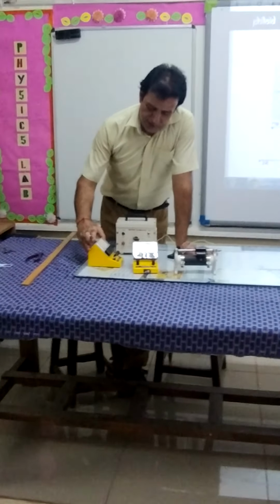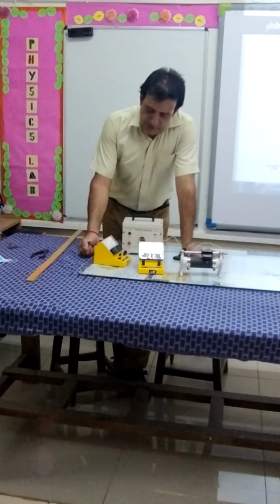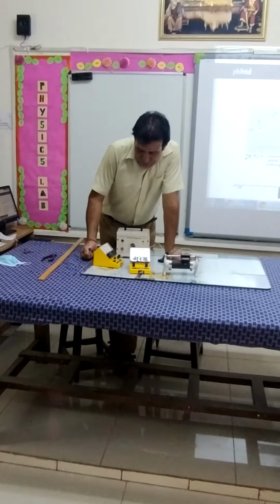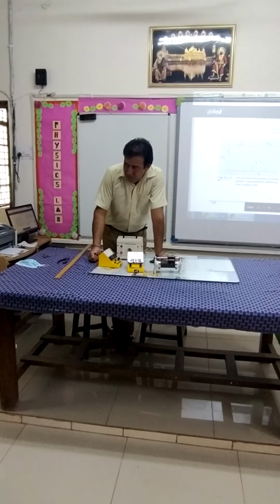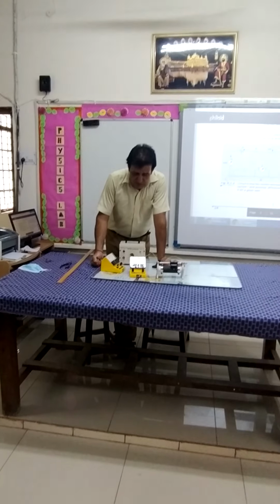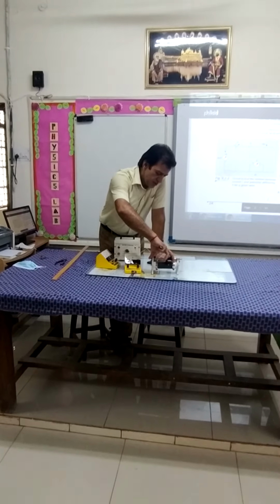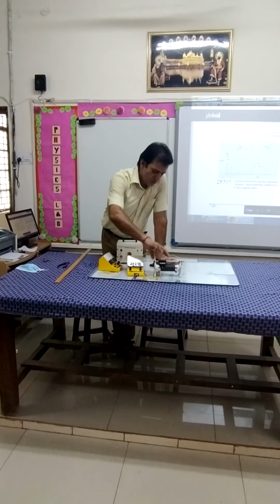In case of the milliammeter, the first 10 divisions are divided into 100. So it is 100 upon 10, which means one line is representing 10. So this one is the rheostat. It is used to control the current. So we have to keep the rheostat at the minimum position.